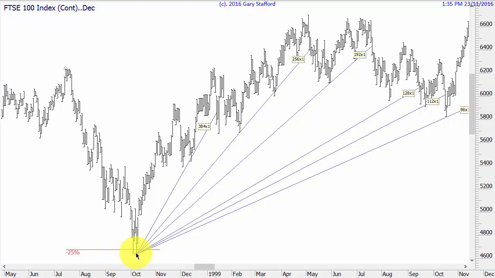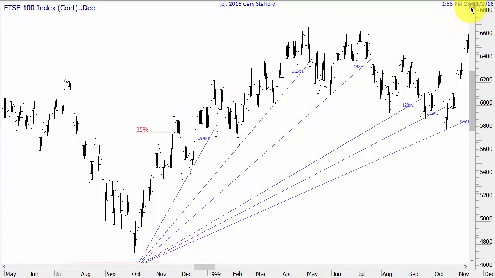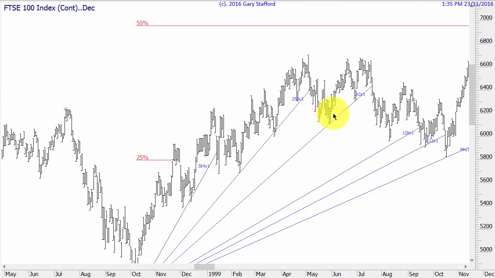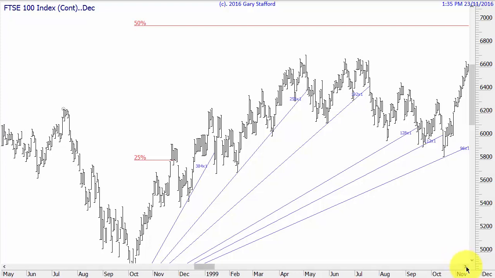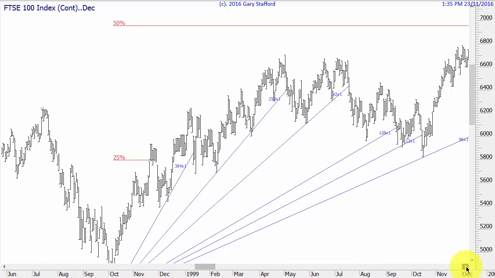Now this low, as it starts to go up, should have some mathematical relationship to its future high, and so one of the levels that I'd be watching from a very basic Gann point of view would be 25%. But when it got to 25%, it just broke straight through. It gapped up through, and therefore there was no signal. What's the next major number? It's 50%. And if we look where 50% is, you can put that on about a year before the market ever got there. It's not a prediction it will get there, just if it does, that's the time to make the trade.